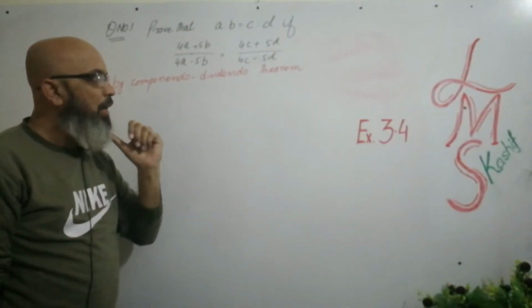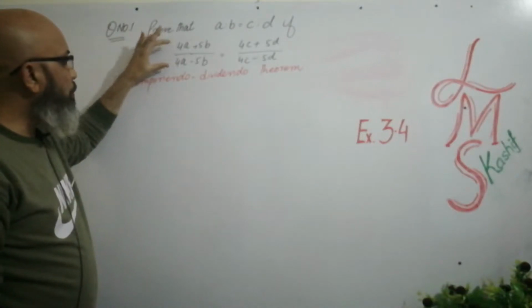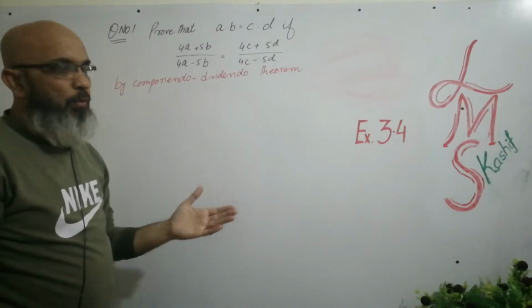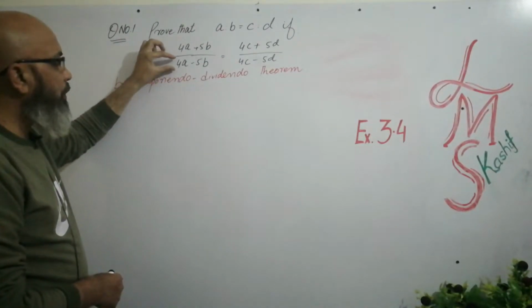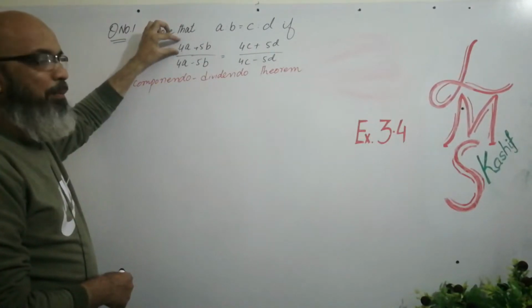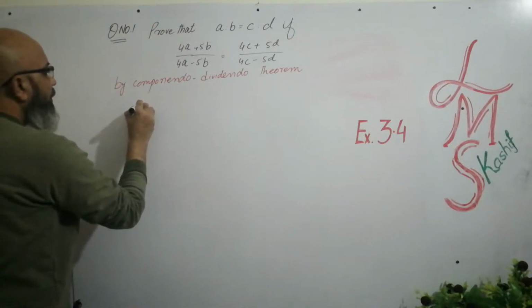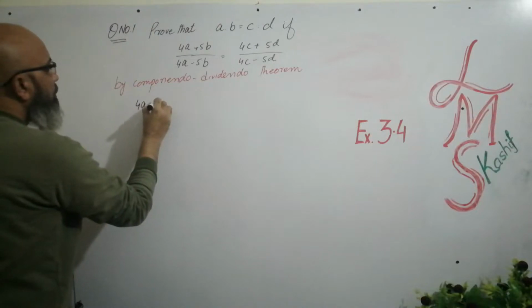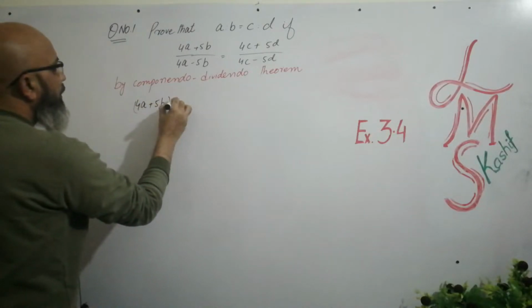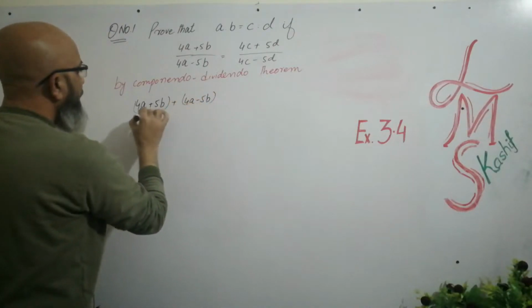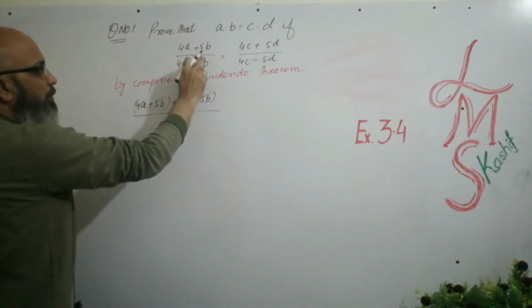बहुत आसान क्वेश्चन है. बाय अगर हम इसके ऊपर कंपोनेंडो डिविडेंडो थ्योरम अप्लाई करें तो व्हाट वाज द थ्योरम? वो थ्योरम क्या था? वो ये थ्योरम था कि हम डिनोमिनेटर वैल्यू को एक दफ़ा प्लस करेंगे और एक दफ़ा माइनस करेंगे. लुक हियर मीन्स 4a plus 5b plus 4a minus 5b means you will add this value in this